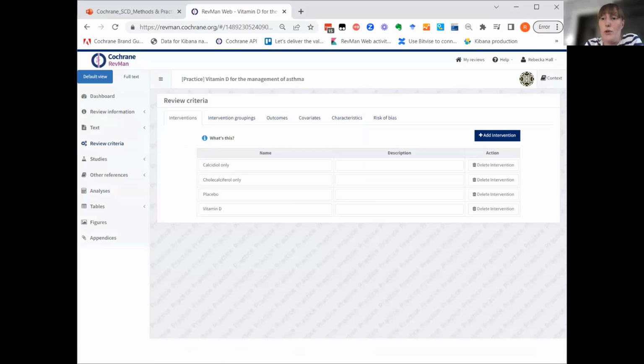So for example, if you want to compare a specific type of vitamin D with placebo, like we're doing in analysis 2. In this example, we've already added the control interventions and the experimental interventions here. And so note that you are expected to add both control and experimental interventions on the same